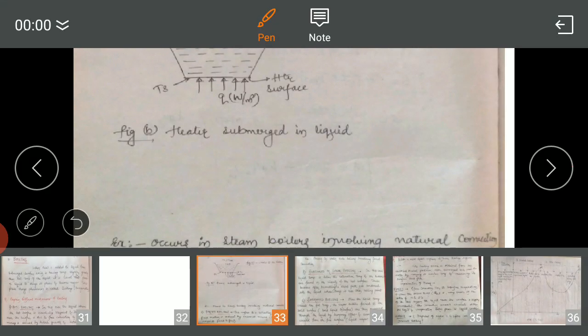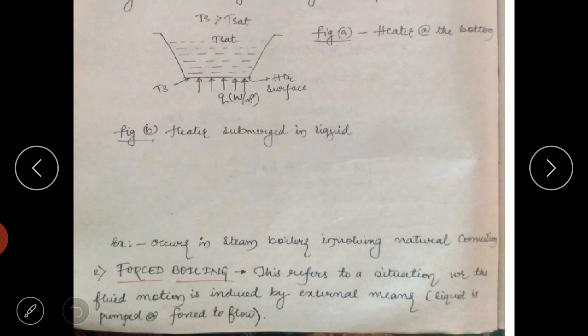With the help of this figure, I will try to explain. They are forming a layer at the bottom of the surface, some kind of layer like this, which creates a vapor film, which acts like a resistance for the heat flow. As the thermal conductivity of the vapor film is comparatively less compared to water, there will be additional resistance for the heat flow.